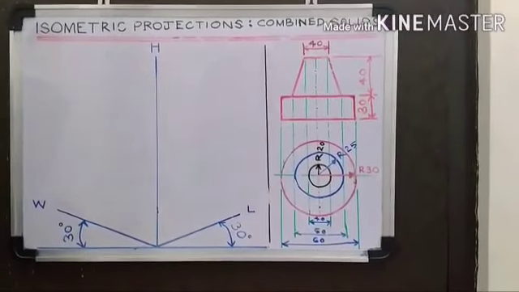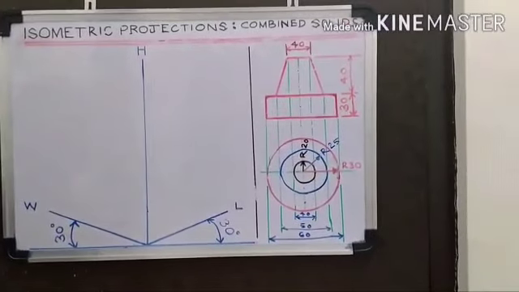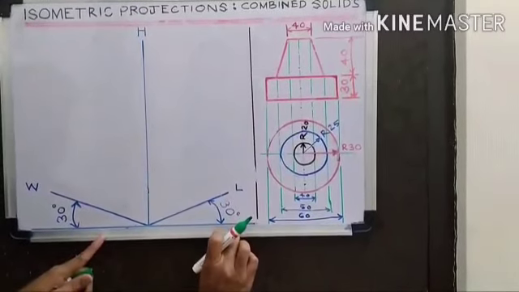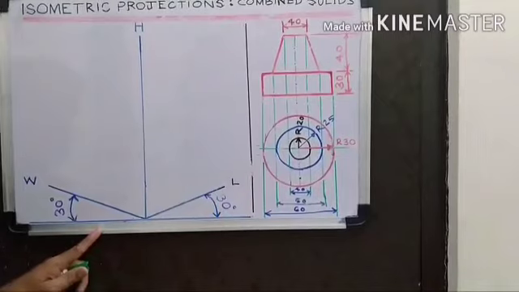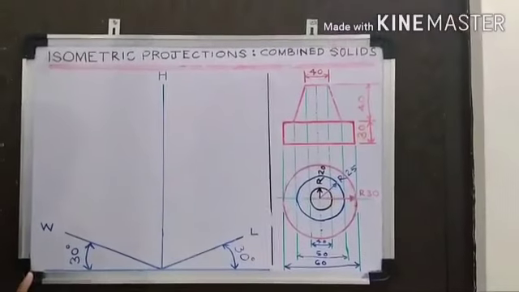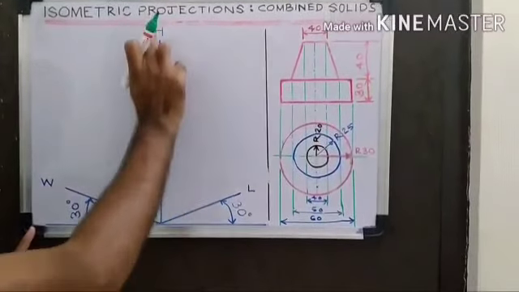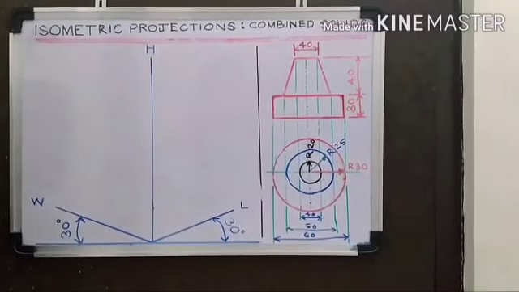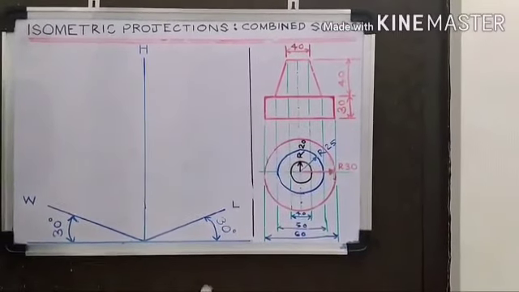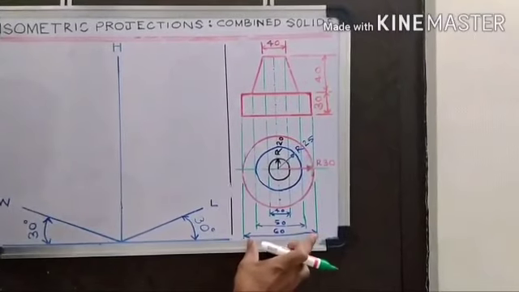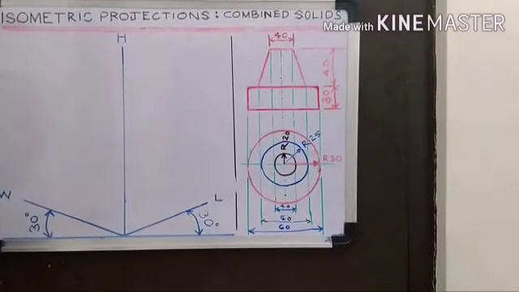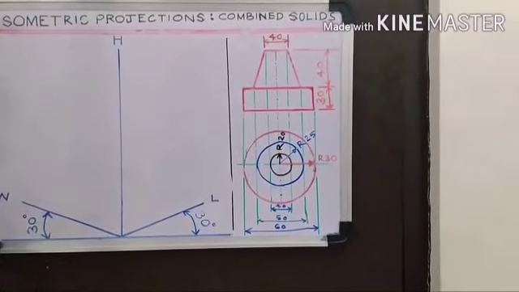Now the construction process. Isometric axis: a horizontal line, a line on the right side at 30 degrees with respect to the axis for length, and the left side making 30 degrees for width, breadth or depth. This is the line for the axis regarding its height. Now first thing we want to draw is the cylindrical slab. What's the diameter? 60. Everything is going to be isometric projection, therefore you have to consider isometric scale length only.